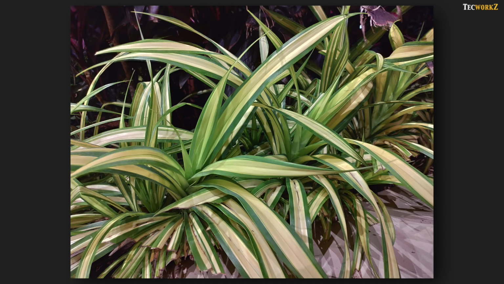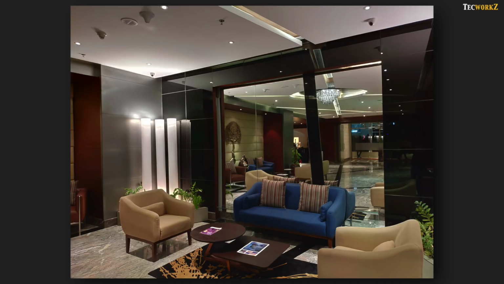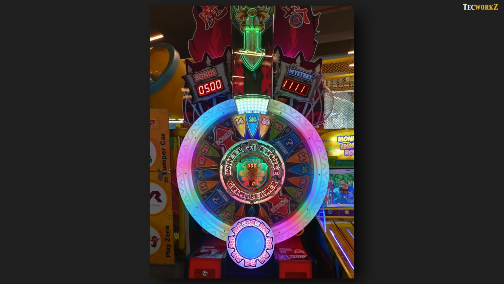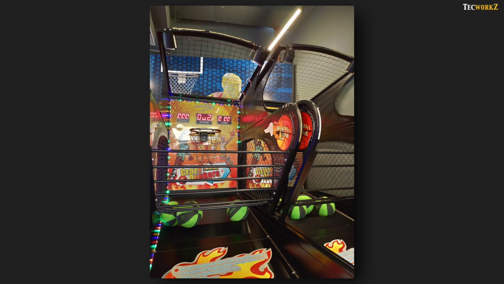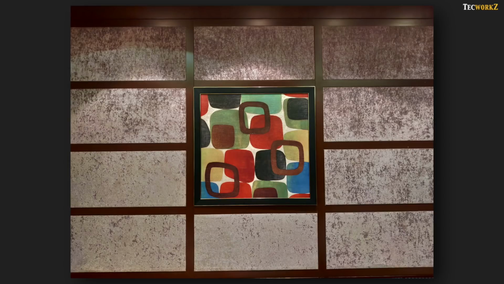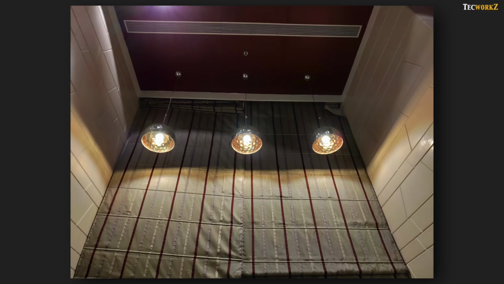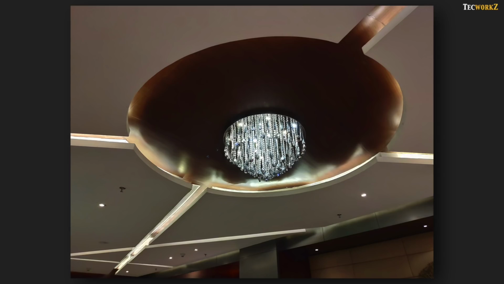Now that brings us to indoor and lower lighting shots. This is where most of the smartphone cameras start showing their weakness. But thanks to the larger pixel size, wide aperture and optical image stabilization, Zenfone 5Z continues to capture good images in these situations as well. It captures good looking vibrant colors in artificial light, and the detail levels are also very high in each of these shots. Noise levels, if any, are kept to minimum, and I have to give ASUS full points for not disappointing us with the low light capabilities of this camera.